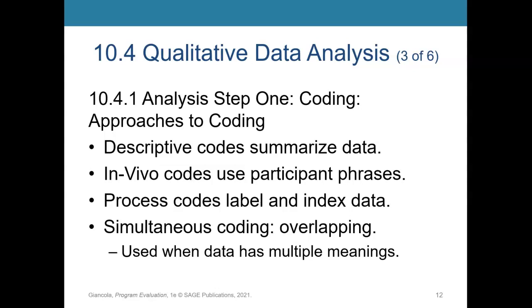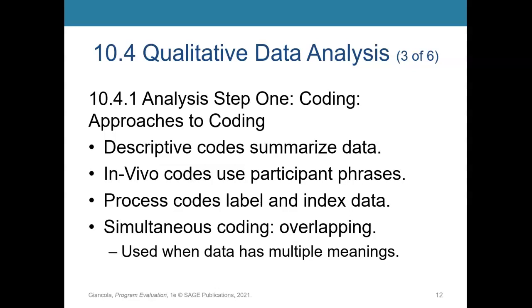A process code labels and indexes observable or conceptual action in the data. They can also apply to actions that emerge, change, occur in certain sequences. So again, go look at these examples in the text to further understand what these different types of codes are. And